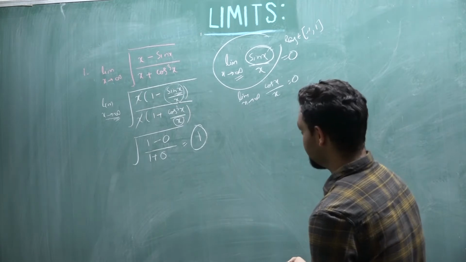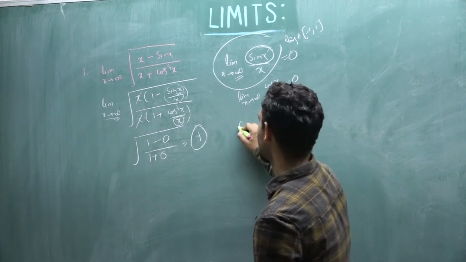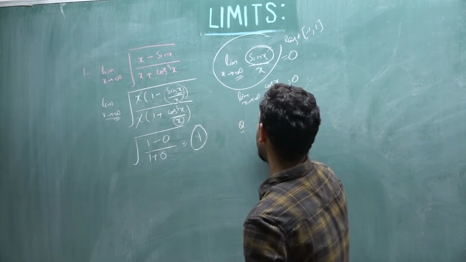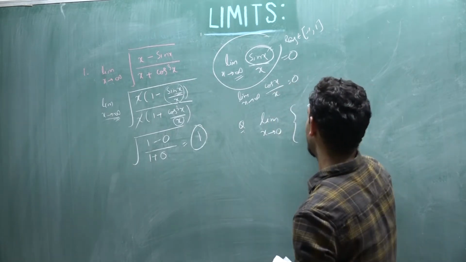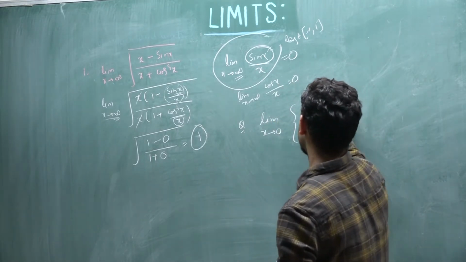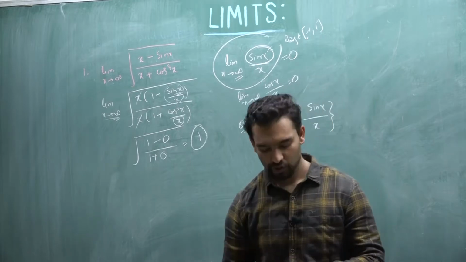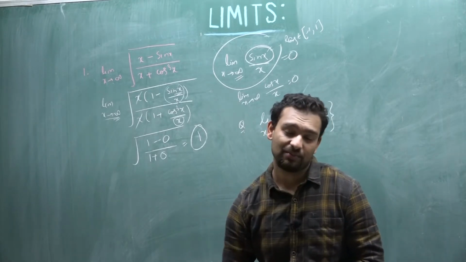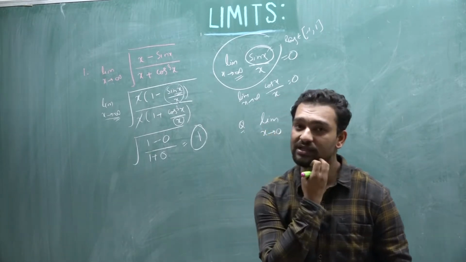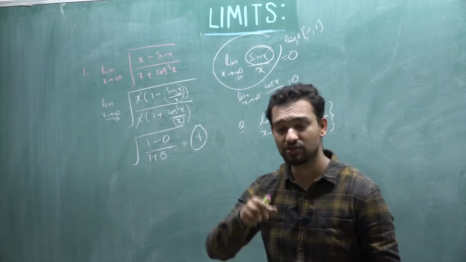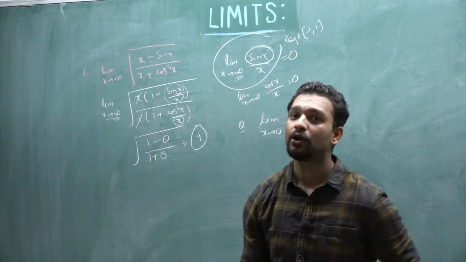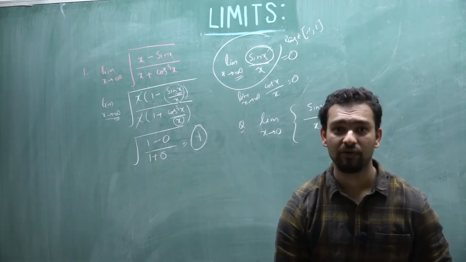Okay, let's have a look at the next question. The next question is: limit x tending to 0 of fractional part of sin x by x. Till now we were doing questions directly on sin x upon x or tan x upon x, sin inverse x upon x. Now we are involving the fractional part and greatest integer functions also. Now how do we solve these types of questions?